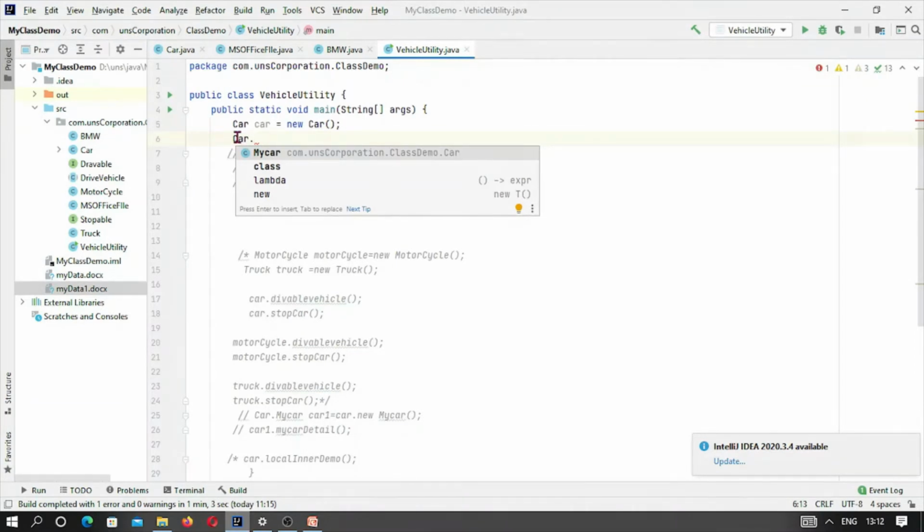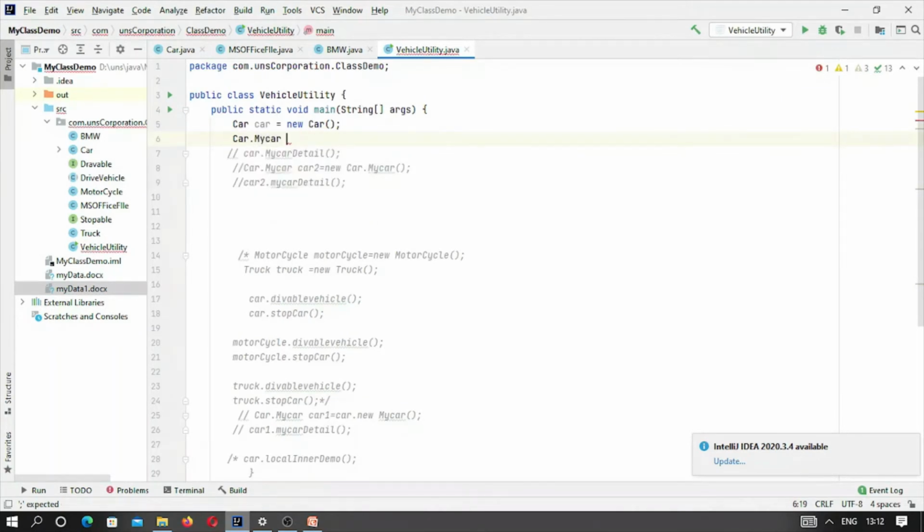So this is the car class and this is an inner class. Suppose we are giving the name of the object as my car, and now this is new.